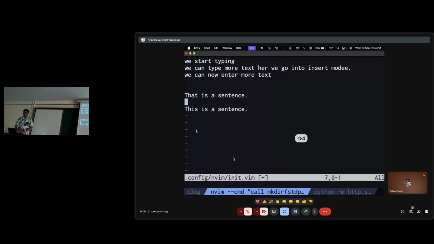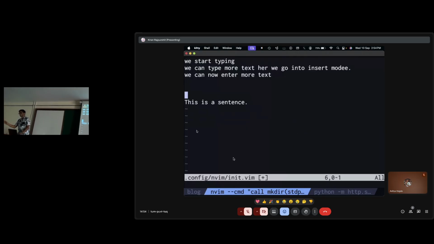You will see that these line-wise operations, going to the start, D and then dollar, are a very repetitive action. You'll do this a lot of times, deleting entire lines or yanking entire lines. So Vim has special cases for this. If I say D and then D again, it's going to delete the entire line. If I say Y and then Y again, it's going to copy the entire line. So if I do P, I've copied and pasted. I can do count P, right?